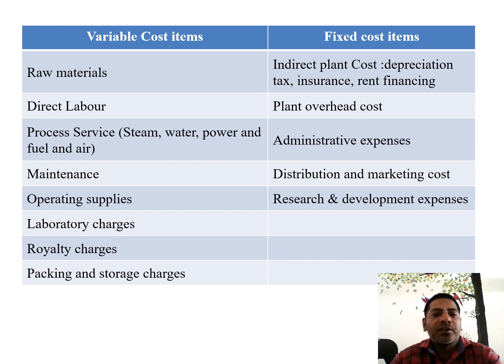Now we see the comparison between the variable cost items and the fixed cost items. The variable cost items are raw material, direct labor, process services like steam, water, power, and fuels, and also maintenance, operating supplies, laboratory charges, royalty charges, and packaging and storage. The fixed cost items are indirect: depreciation, tax, insurance, debt financing, plant overhead cost, administration expenses, distribution and marketing cost,